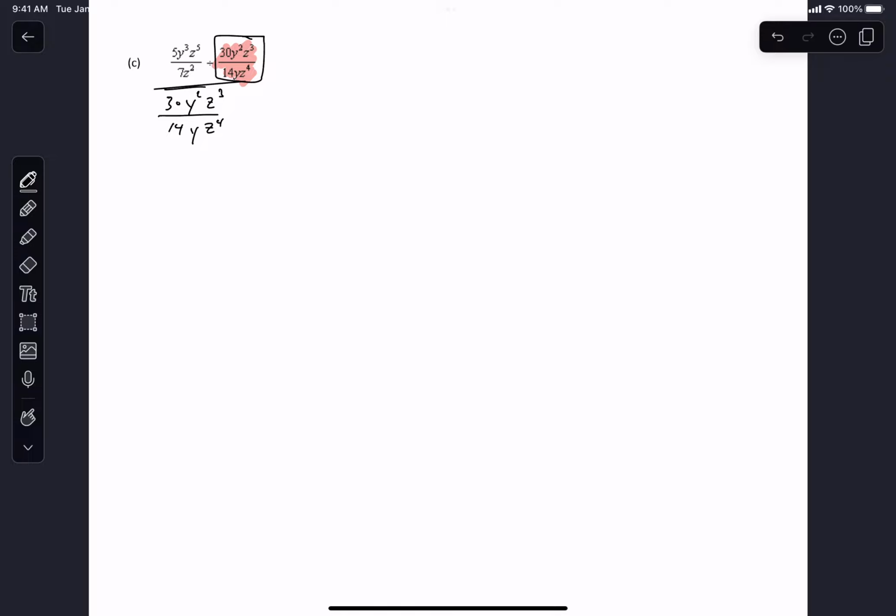This might not be the best question to communicate that. We might see another one in a sec, but in any event, you know how to deal with this. How do we deal with this? You gotta multiply by the reciprocal, right? And so I'm gonna get 5y cubed z to the 5 over 7z squared multiplied by